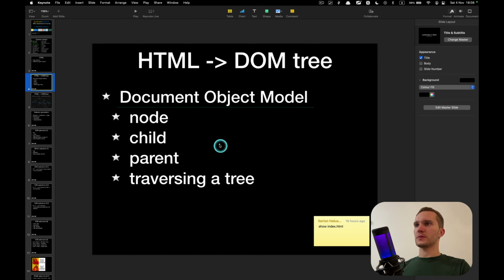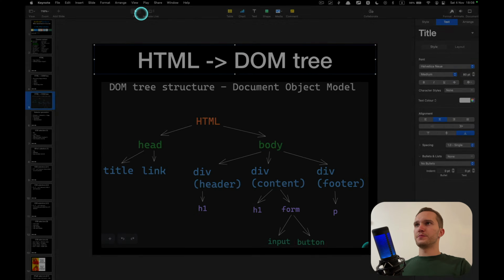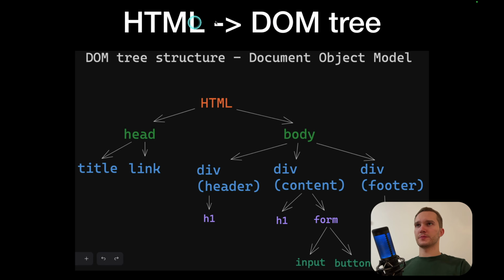Okay, let's go to this drawing. So HTML is transformed into a DOM tree, document object model tree. So what happens here? This is your HTML document. This is the whole document. Your document consists of head and body.